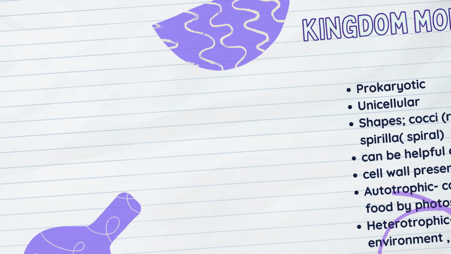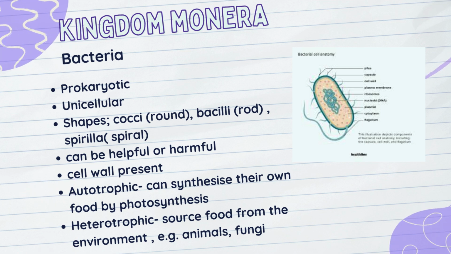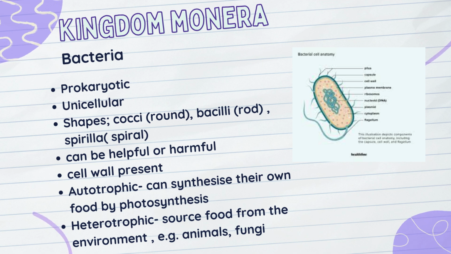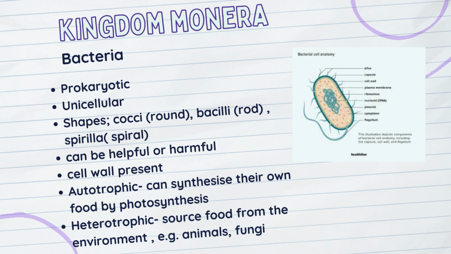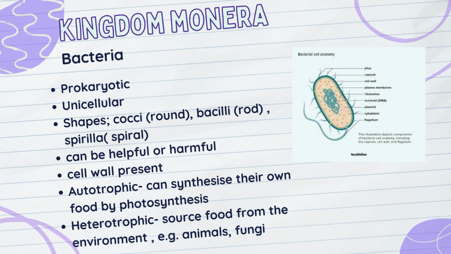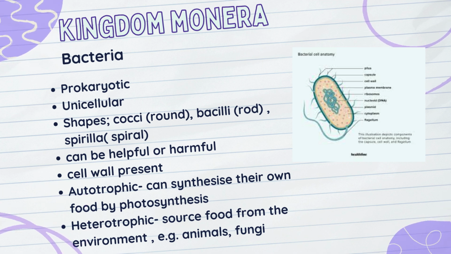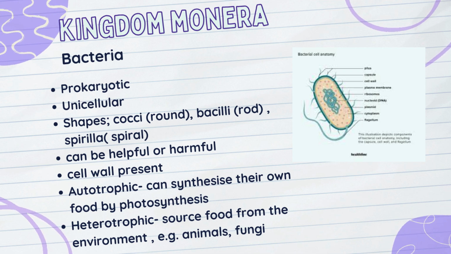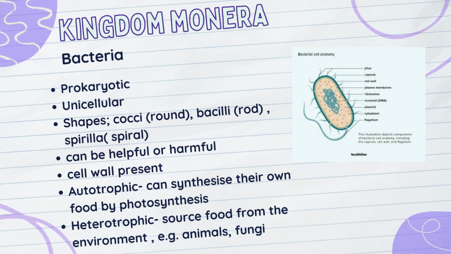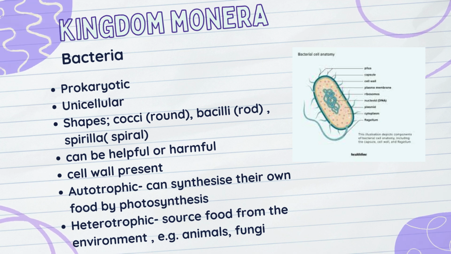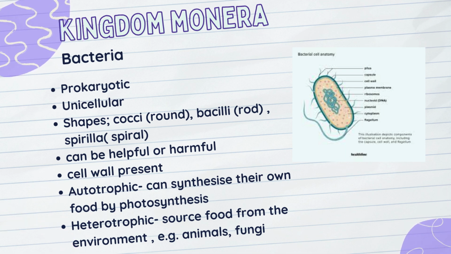Let's move on to the first kingdom, that is kingdom Monera. The example of a microorganism under this kingdom is bacteria. Bacteria are prokaryotic, meaning they don't contain a nucleus. They are unicellular as well, just like a virus, meaning there are no other organelles besides a nucleoid, which is the space holding DNA material. They come in different shapes. They're either round, rod, or spiral. They can be helpful or harmful. For example,